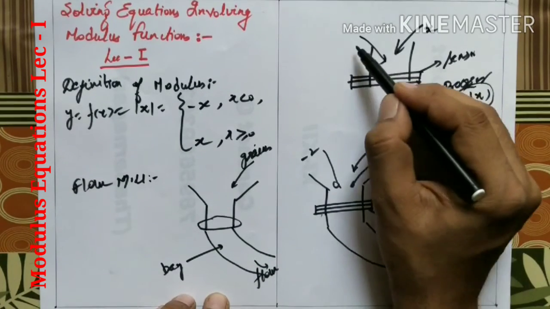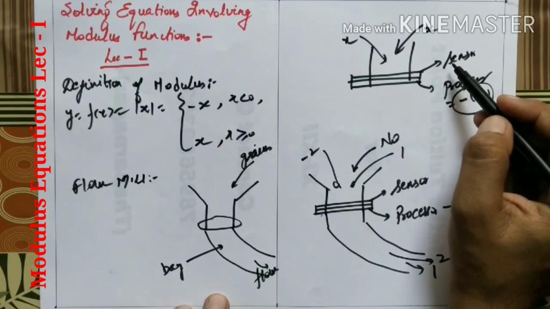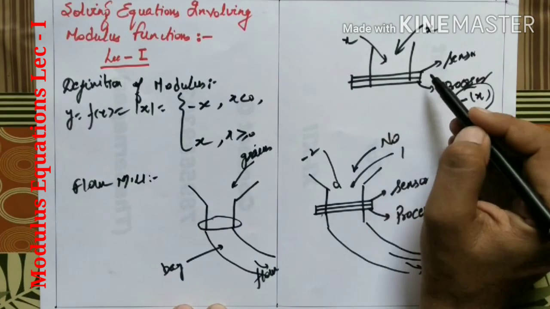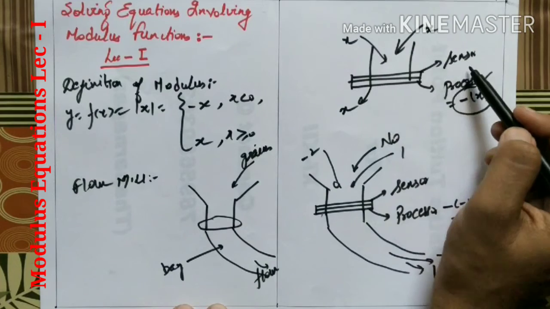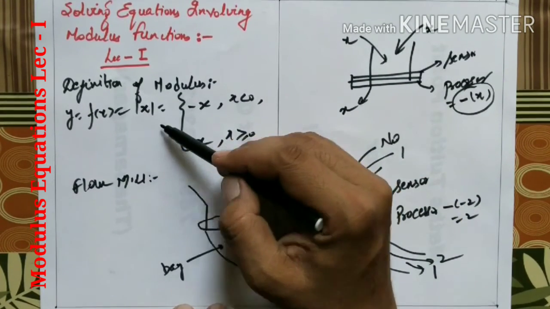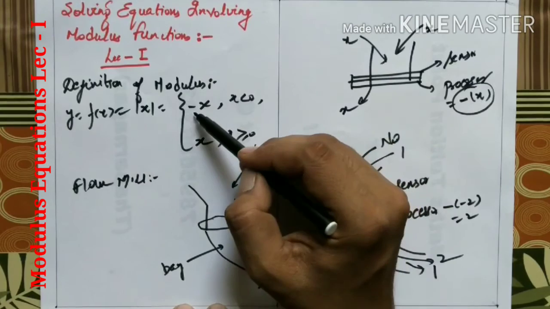Suppose you have inputted x another time, the sensor senses the sign. The answer comes out to be the number is positive. So the processor doesn't get activated, and the number comes out as it is, as x, if the number is positive. So it is the same thing. You have inputted x inside the modulus. The question is, is the number negative? The answer comes out to be yes, the number is negative. So in order to make it positive, you will have to multiply with the minus sign.